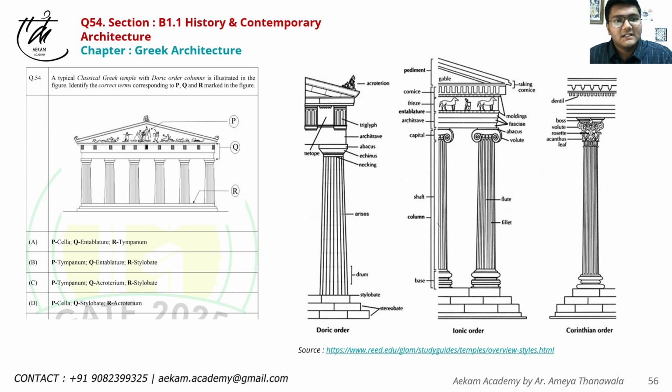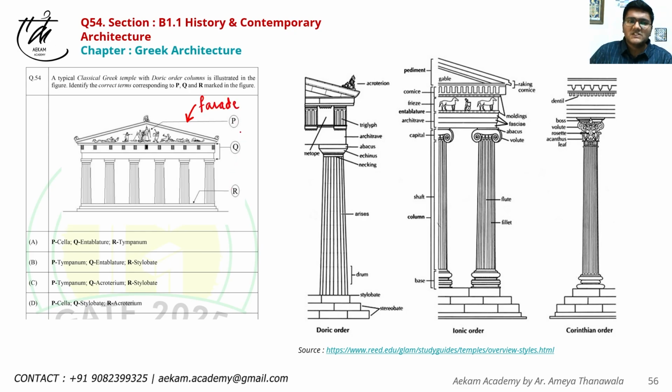Question number 54. It is from B1.1 History and Contemporary Architecture and it is from the chapter Greek Architecture, Classical Greek Architecture. So a typical classical Greek temple with Doric order columns is illustrated in the figure. Identify the correct terms corresponding to P, Q and R. So they have given a typical Greek classical order facade and then you have to identify what is P, Q